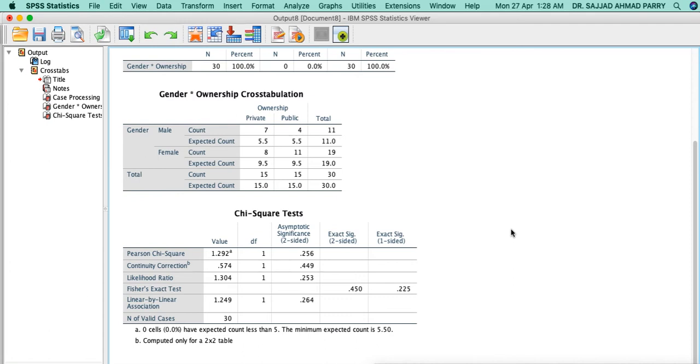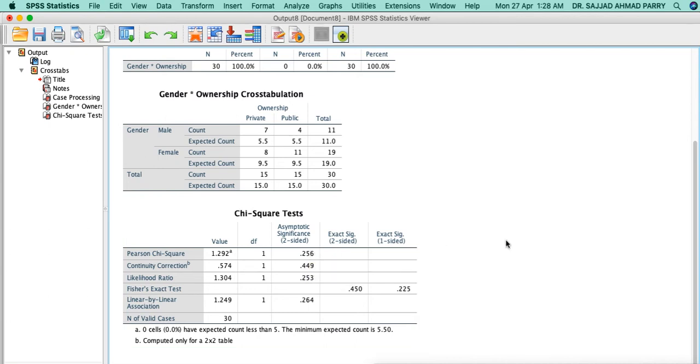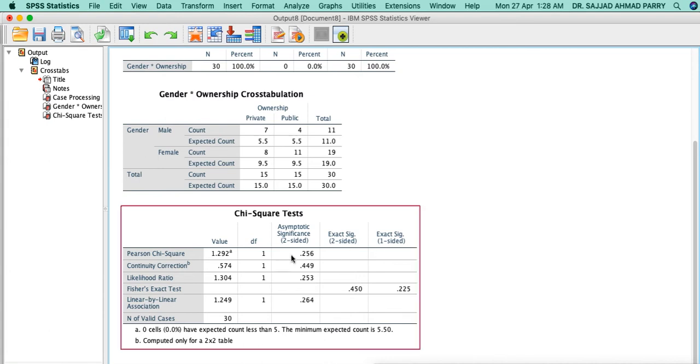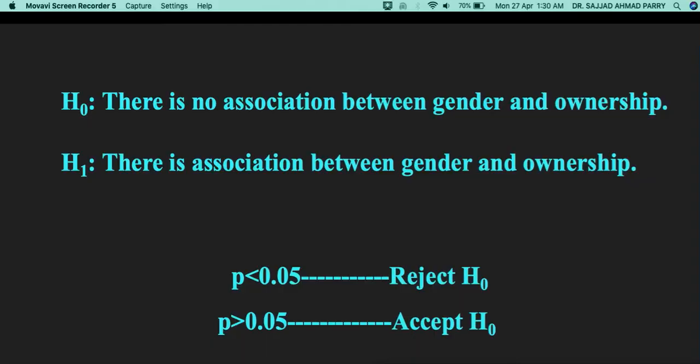And what's the decision rule here? The decision rule is, if this p-value is less than 0.05, you are going to reject null hypothesis. If this significance value is greater than 0.05, you are going to accept null hypothesis, right? So this is what I was talking about.